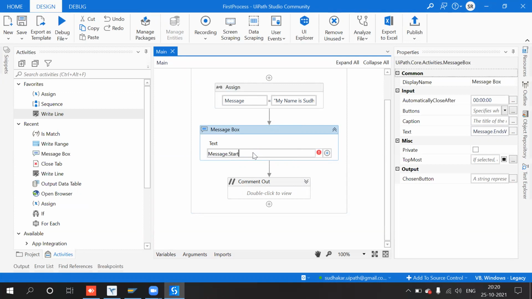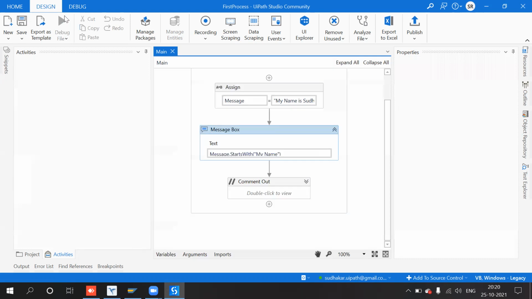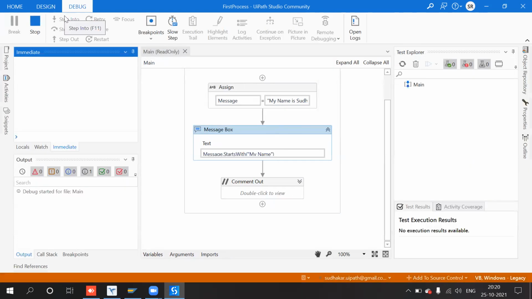At the same time we will have one more function called starts with. Okay, so I am going to give "my name". So see, I give the exact value and check whether we get the correct result or not.